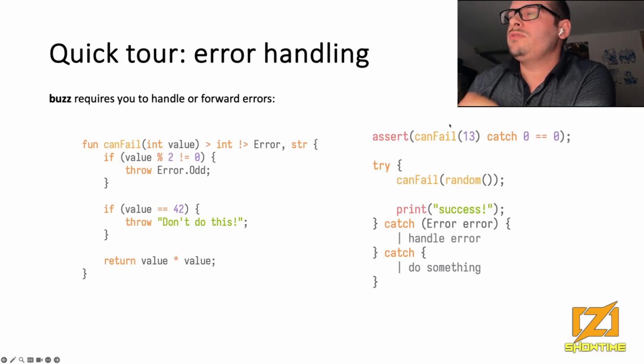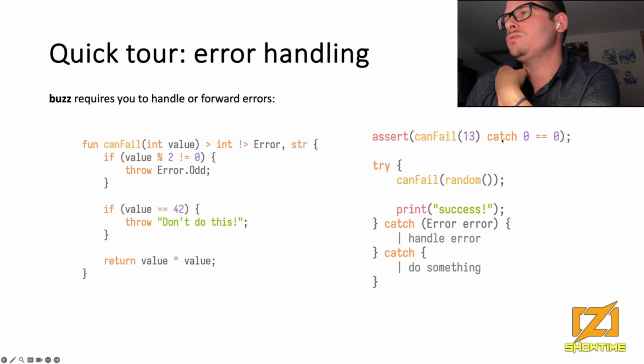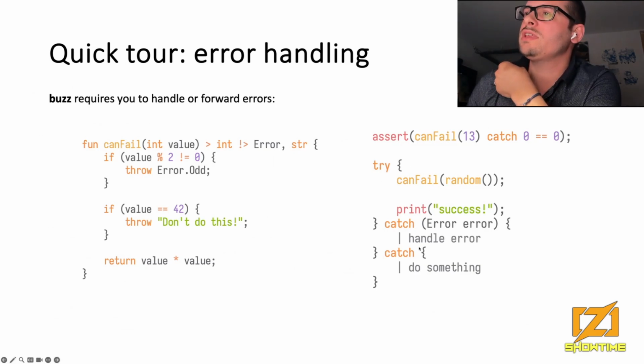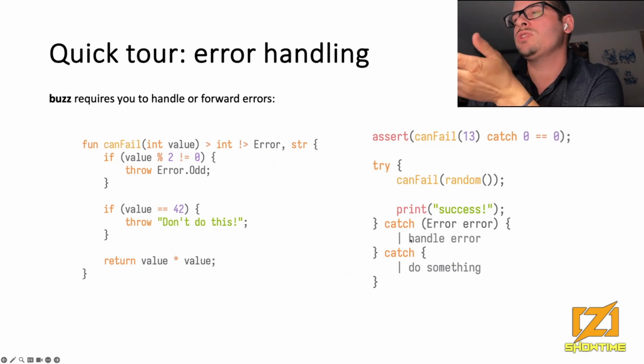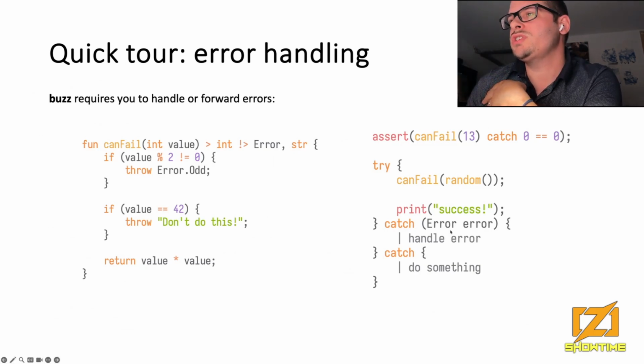To handle the error, you can do two things. One is to discard the error and give a default value. The other is to surround the call with a try-catch statement, which does what you would expect. You can specify which type of error you want to catch in that block, or you can specify none, and you will catch any error coming here.